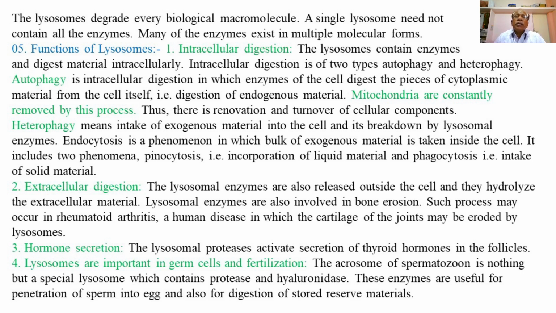Intracellular digestion with the help of lysosomes or lysosomal enzymes is of two types: autophagy and heterophagy. Autophagy is the intracellular digestion in which enzymes of the cell digest pieces of cytoplasmic material from the cell itself. That is digestion of the endogenous material, and mitochondria are constantly removed by this process. It means that together with the lysosomal enzymes, some mitochondrial enzymes or